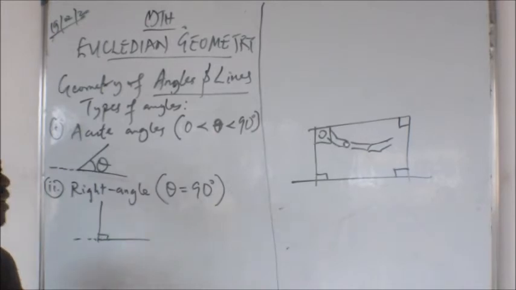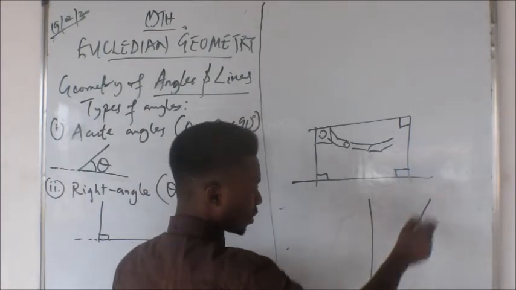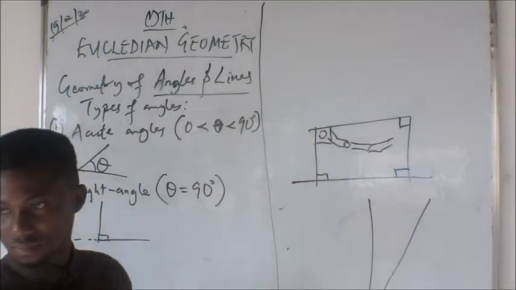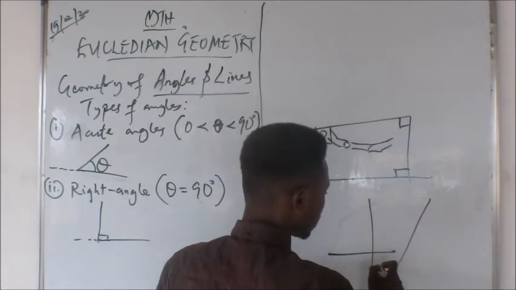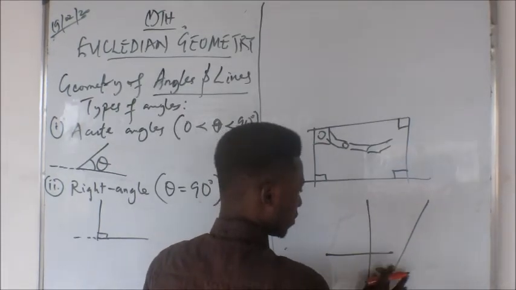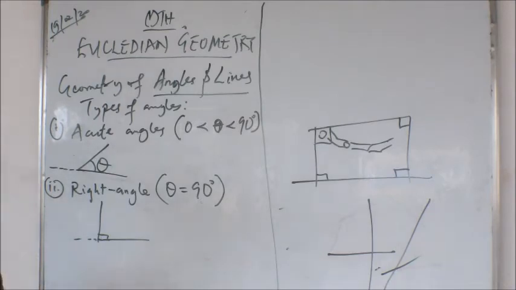So it's 90 degrees. The right angle is formed when a vertical line meets a horizontal line. We have types of line. This is a vertical line. This is not a vertical line. This is horizontal, but this is not. Or may I say this is not against this. Are you with me? So anytime a vertical line meets a horizontal line, then a right angle is formed, such as